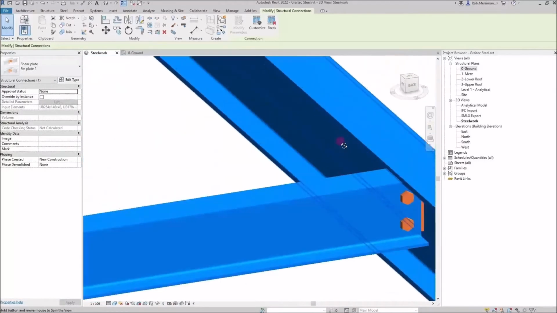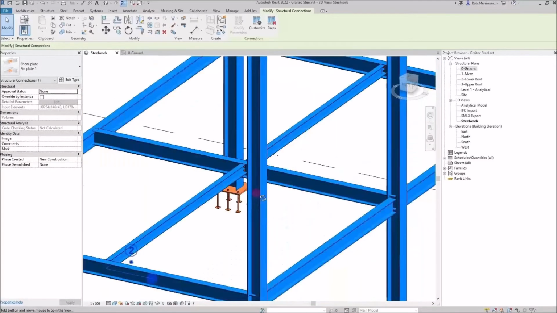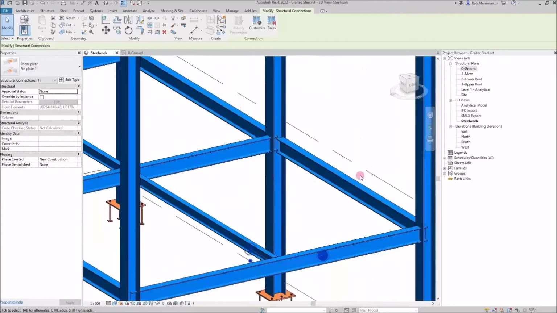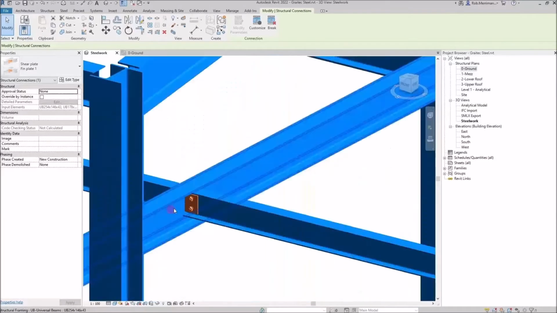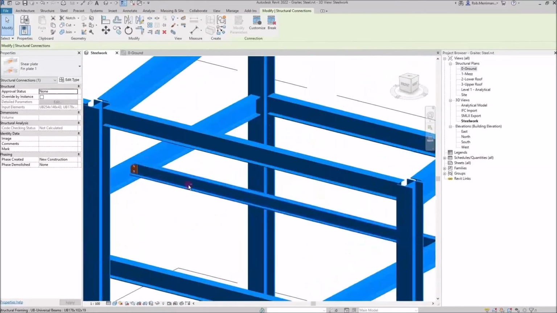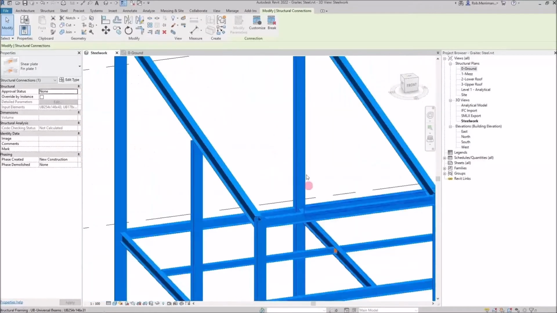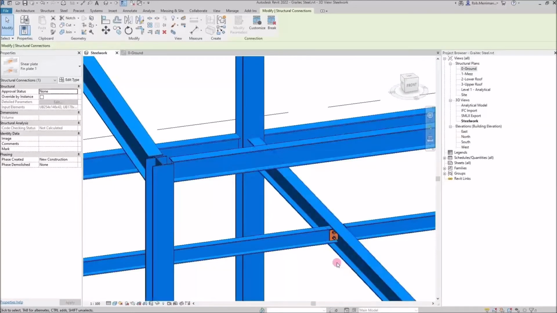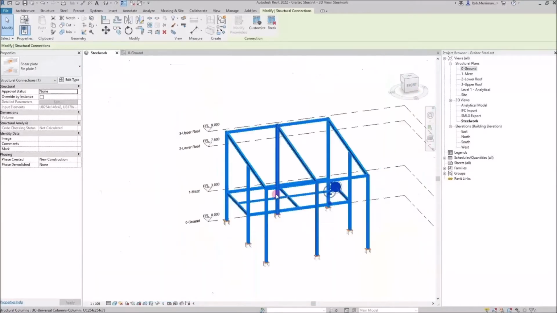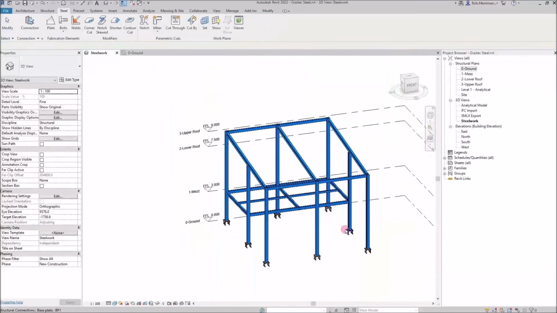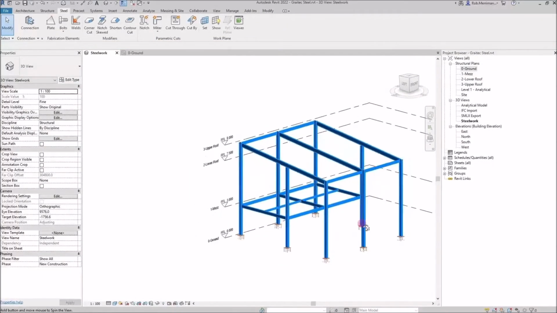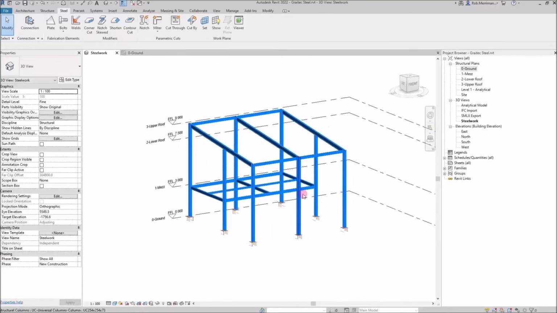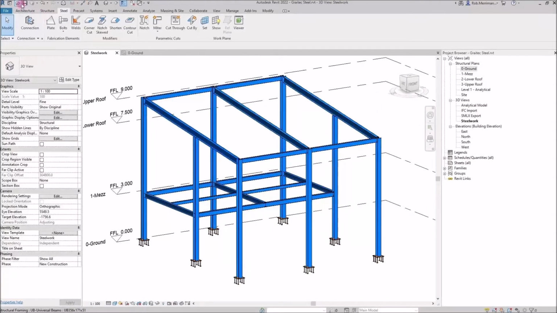So you can see we've got a fin plate. Let me spin myself around, apologies. We've got a fin plate there, we've got a fin plate there, and we've got a fin plate in there. Now I could keep going through the model. I'm going to show you that we can apply these connections in Advanced Steel. So we're going to just save our file there, and that's all we're going to look at for the connections